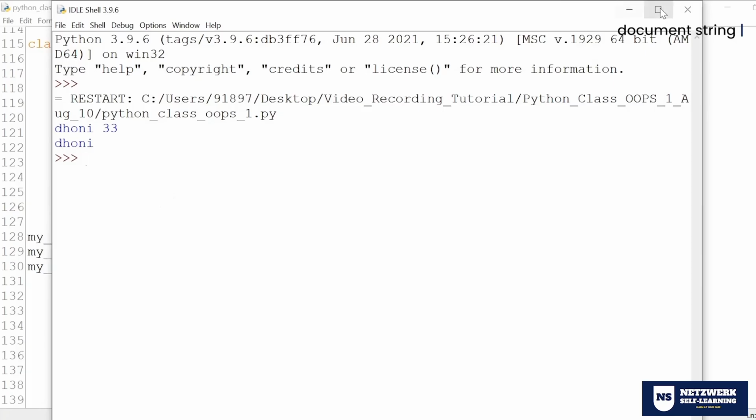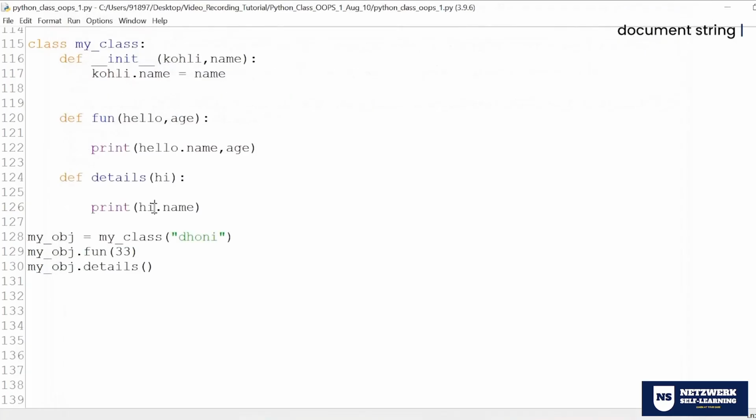So whenever you want to call this function, this is one hidden object. So you're using Kohli. And this is one function, this is one hidden object. So I'm using hello. And this is one hidden object. I'm using hi. So the object reference name for your internal manipulation is of your wish. You can use however you want to use.